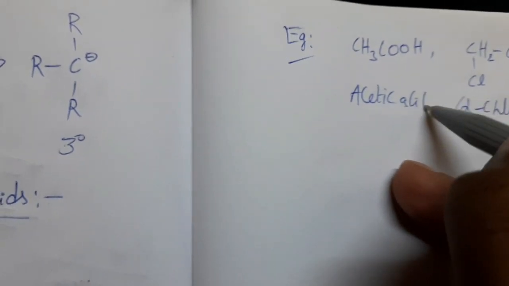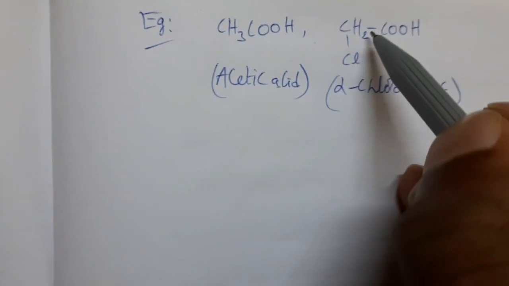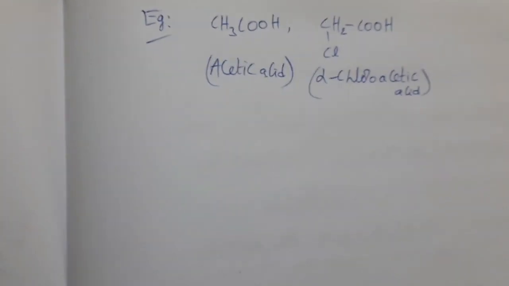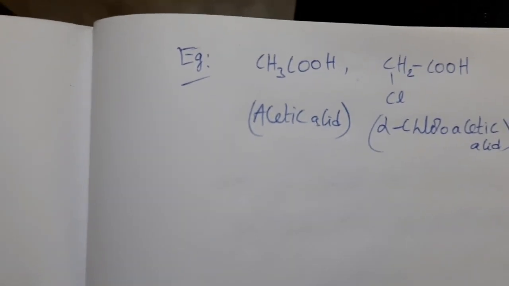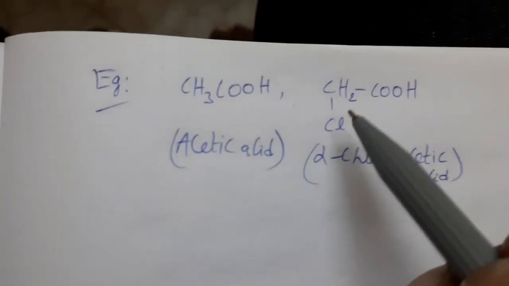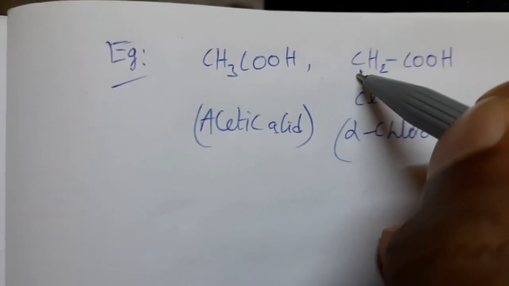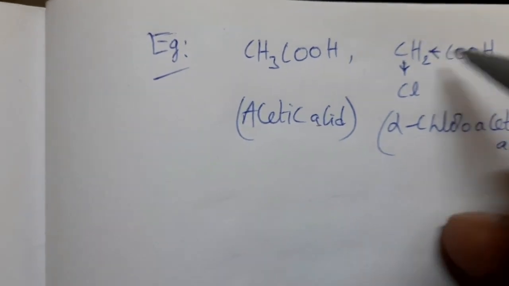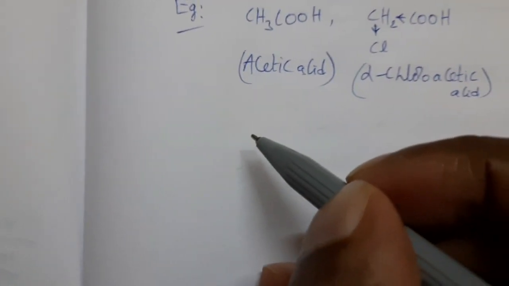In acetic acid, a CH3 group is attached to COOH. Here, CH2 containing halogen is attached to COOH. Between these two compounds, CH3 is an electron releasing group. Here an electron withdrawing chlorine atom is there, so it can attract the bonding electron pair towards itself. More clearly, if we see the arrangement of atoms,